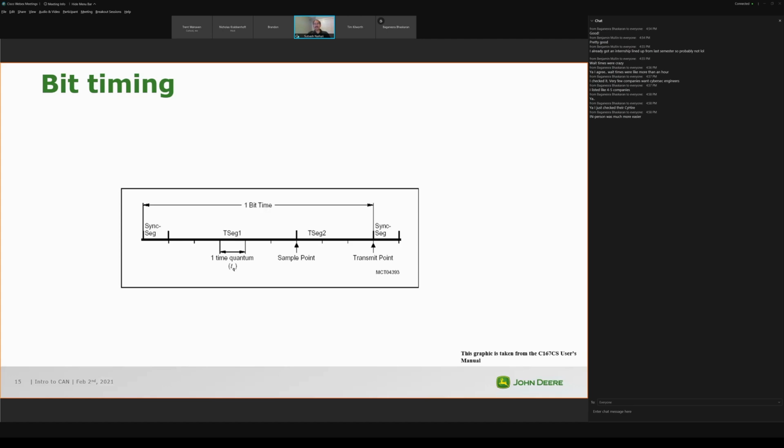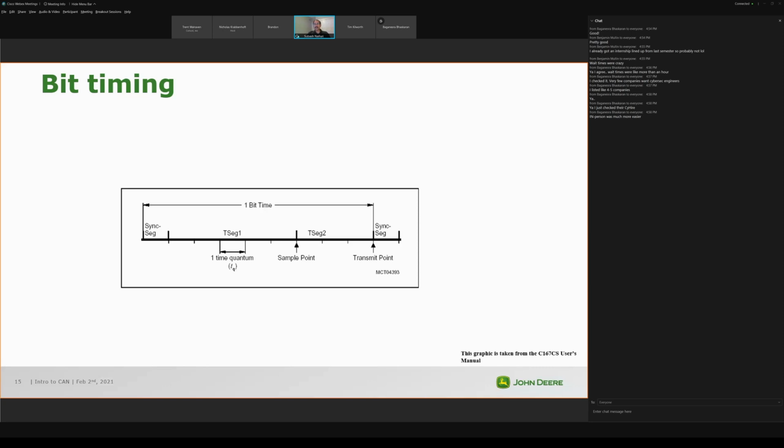Segment 1 is for positive edge errors, so there's some kind of automatic correction and clock synchronization automatically within the hardware layer. And segment 2 is for the negative edge synchronization. And you have a sample point between those two. And the sample point is programmable. And that's the reason you have to have a nice finer time quantum so that you have better